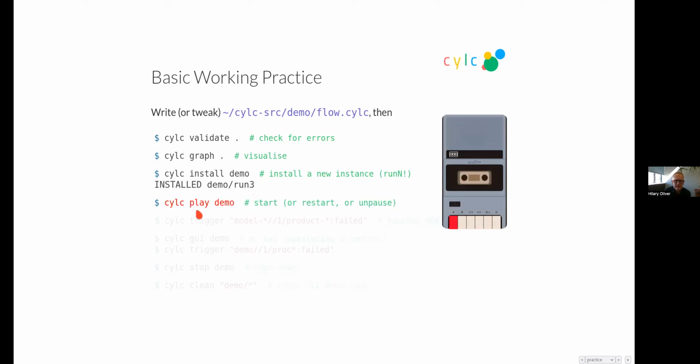Then Cylc play is how you start running it. It's a sort of tape deck-like model where the play command will either start or restart or unpause a workflow, depending on whether it's been run before or not.